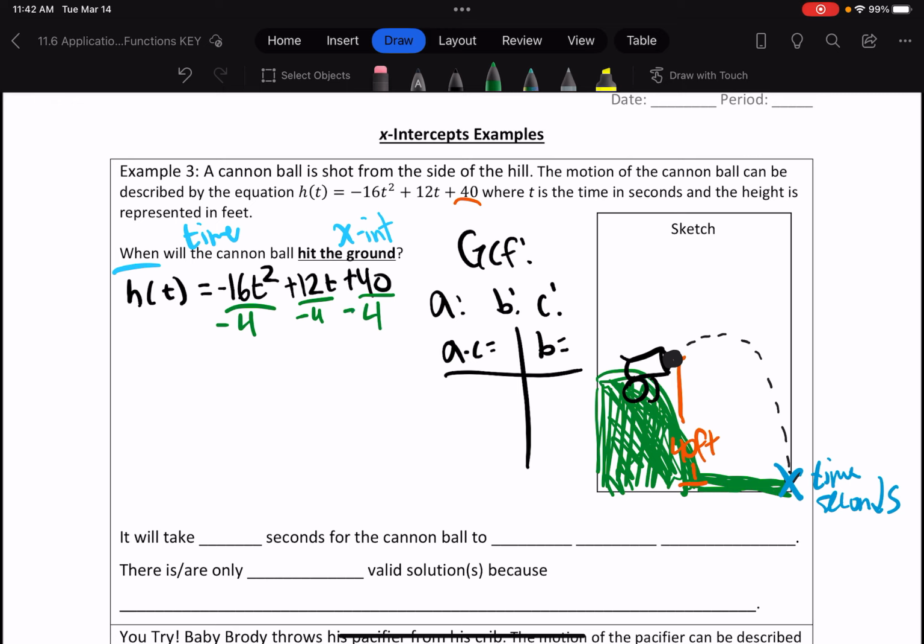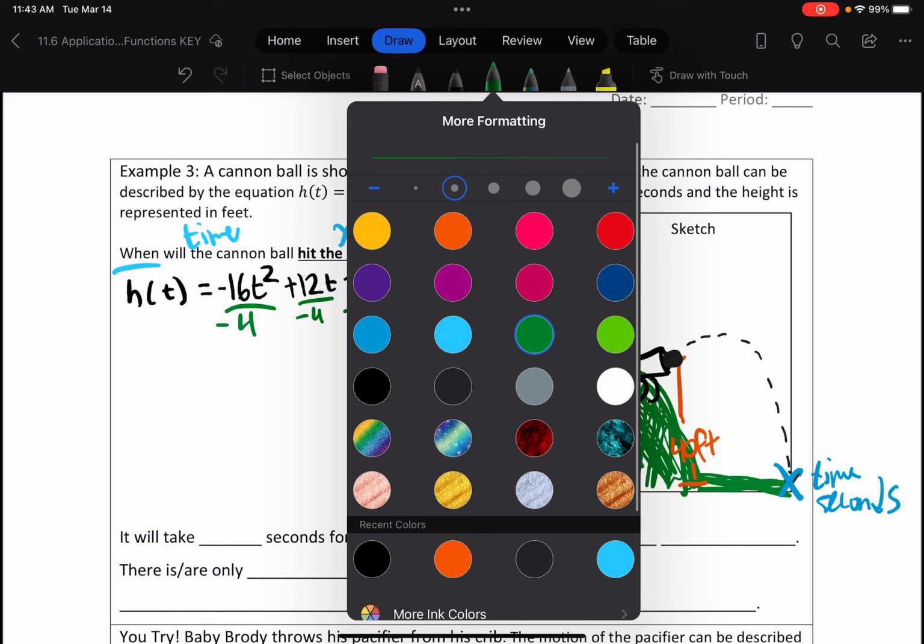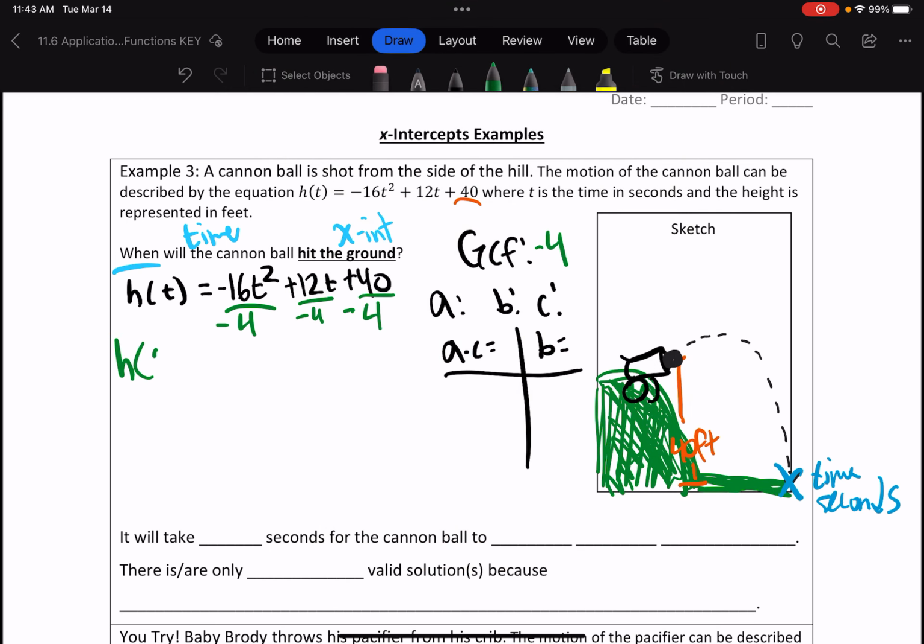So I'm going to take a negative 4 out of each of these. Because of that negative initial value, go look at the sketch real quick. Notice that the parabola is not facing upward, so I'm not shooting this off anywhere. And think about gravity. When I shoot something out of a cannon, it's not going to rise into the air, but instead it's going to fall and hit the ground. So our parabola is facing downward. So we have a downward facing parabola. So that is why I have a negative initial value. So I'm going to factor out that negative 4. And then that's going to mean that my function is going to look like negative 4 multiplied by 4t squared plus 3t,